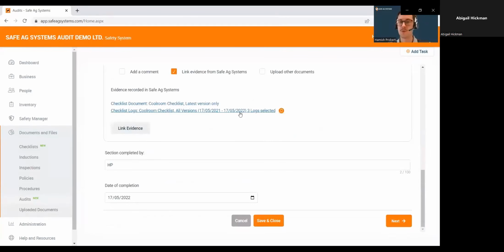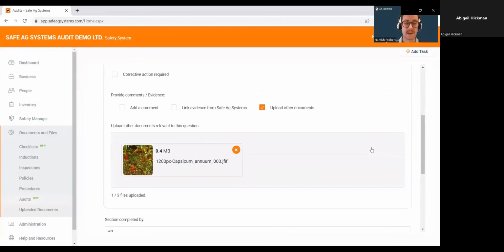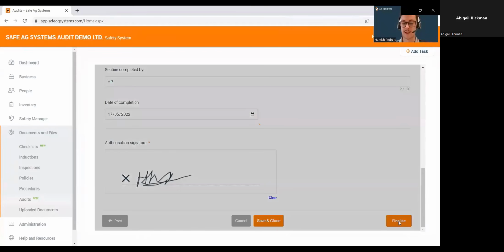So this is just making sure that we are paying attention to what we're doing, continuing it through, and just not rushing through it, giving us a bit of time for more review, which is always handy. And as before, it's appeared with the file uploaded. So if you've got a few paper documents that you would like to upload yourself, then you can scan them into the computer and upload them by here, and it will stay in your audit form for you as long as you click the yes, continue using the prior evidence attached. Once again, I'll have to sign off this time and hit finalize.